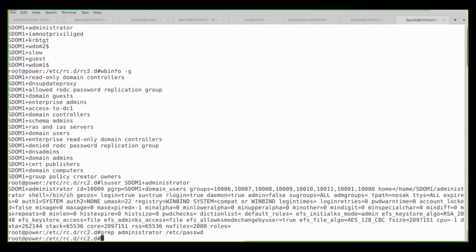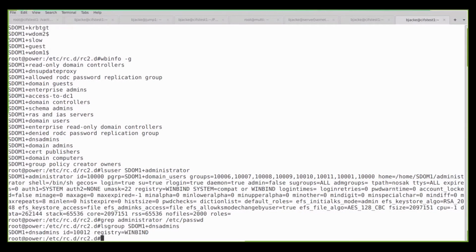And yeah, do the same also for a group, for example. And it's group s1 admins. There you see, even that fancy group is now available on the AIX system. Okay, let's